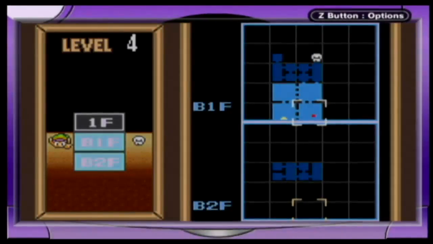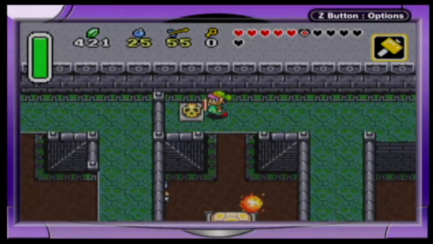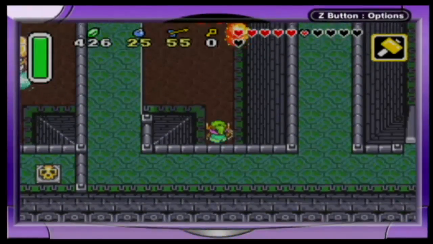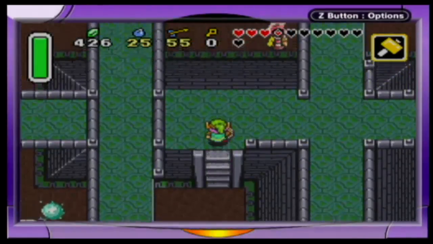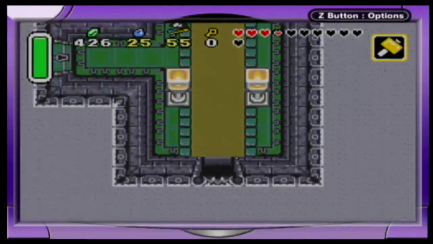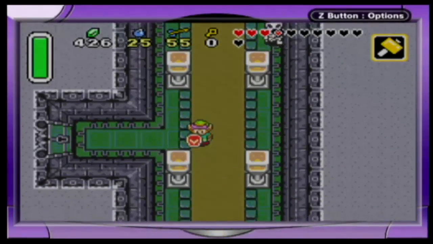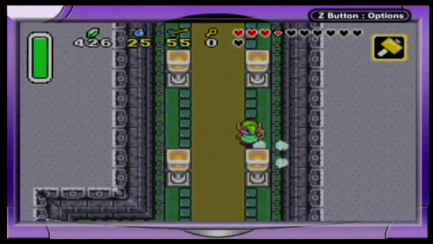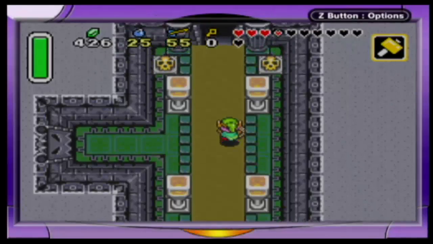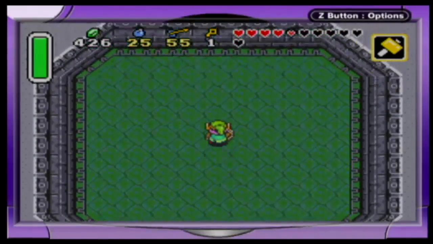Actually, I have a map now, so I don't have the compass though, so I can't see where the treasures are. Anyways, with that, I think the top right of these rooms is the one we want to go to. And then we reach the second part of the dungeon, which is actually a really small area. Very linear. And there's nothing we could do in here, so